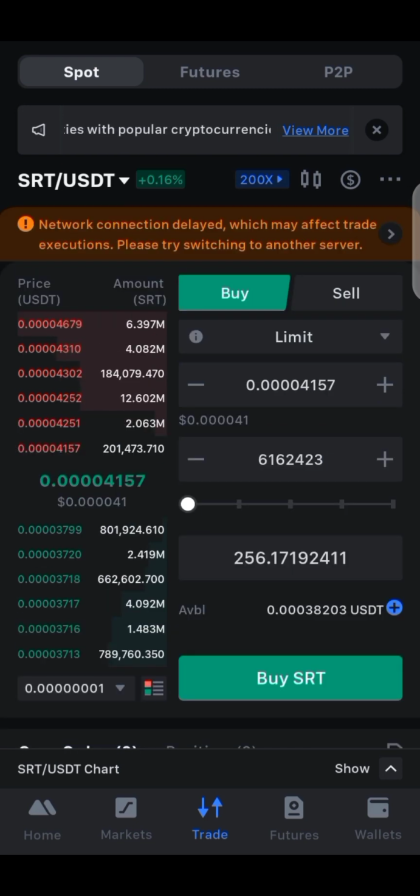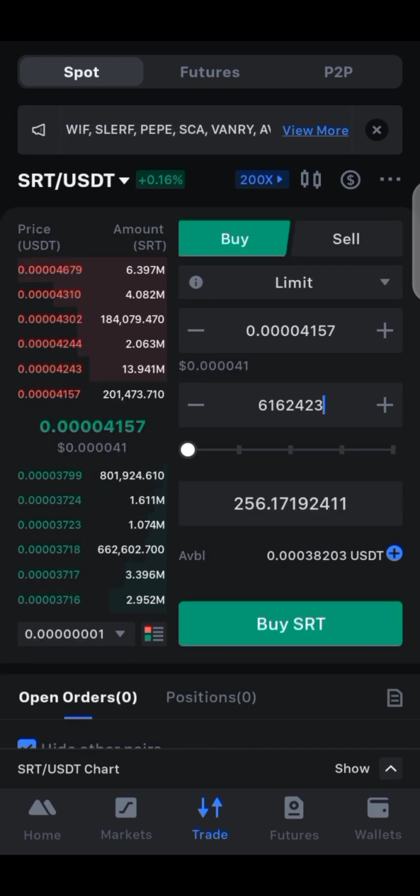The two exchanges that are involved in this arbitrage are Gate.io and MEXC. I bought on Gate.io and I now come and sell on MEXC, and you can see the profit. So you can go